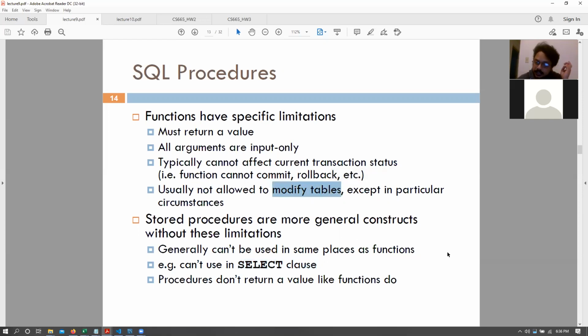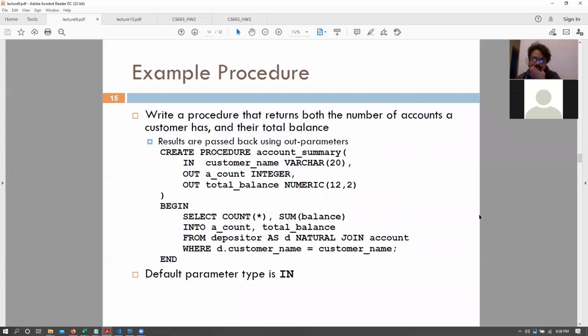But since they do not return anything, we also need to have separate parameters, and procedures allow you to have parameters that can be updated, sort of like a C++ reference or a C++ pointer. So procedures do allow you to modify certain parameters so that you get the result back from a procedure. But remember that they do not return anything. Okay, so similar to a function, a procedure can be written like this. For functions, we have create function. For procedures, we have create procedure.